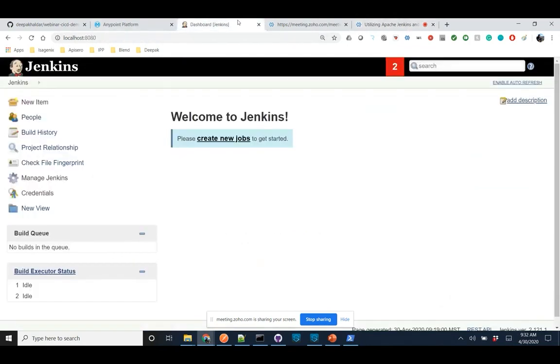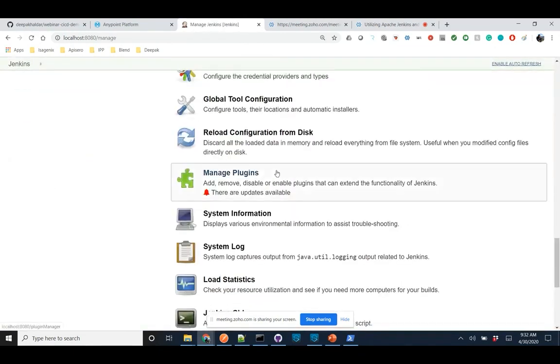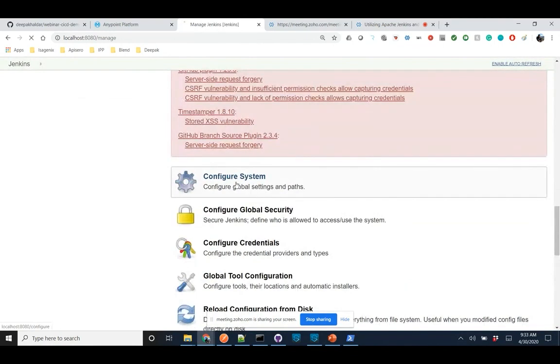Okay, so now the second part is to actually build a pipeline. So I'll go into Jenkins. The Jenkins UI is pretty simple. The first thing when you install Jenkins for the first time is that you have to configure a few plugins. You have to go into Manage Jenkins, and here, if you go into your configure system,